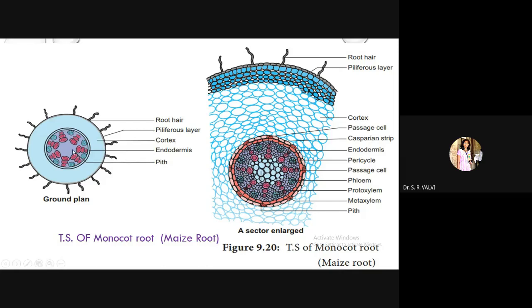Here, see in the ground plan also, some portion is present within the center. So this portion is called what? Pith. Okay. Pith is present particularly in monocot root, whereas it is absent in a dicot. I will show you later, in the next slide, how a dicot root looks. So here please do remember pith is present. Pith is again made up of parenchymatous cells, and in case of Canna indica it is sclerenchymatous, but in the rest of the plants it is parenchymatous cells.